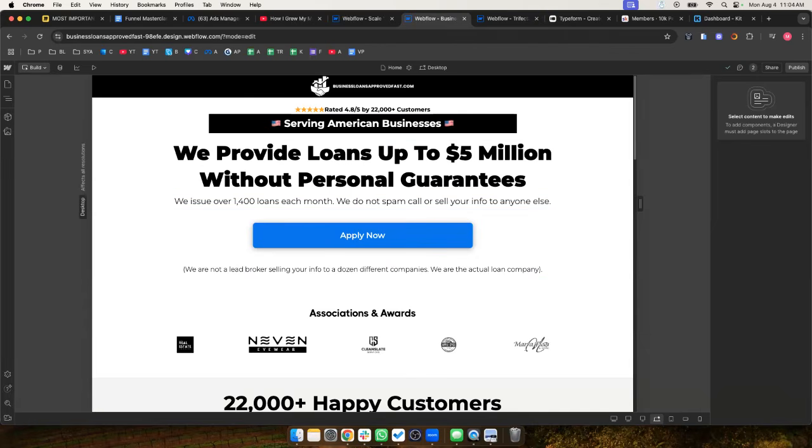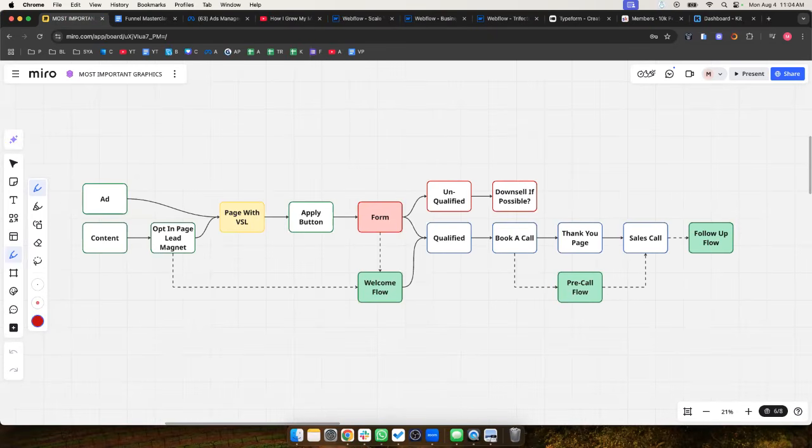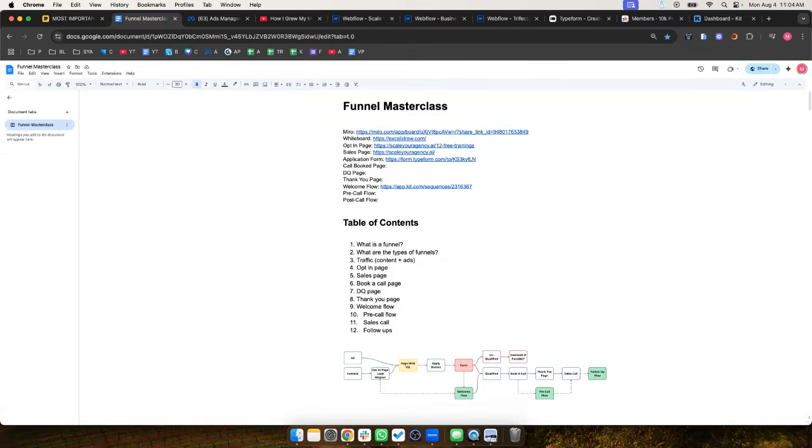So you generate the leads that people want a loan and you sell it to lenders and brokers who want to give the loans to those people, and those two work together. So in a lot of cases, you're going to need to have a buyer funnel and then some way to deliver the product. So let's start with this.